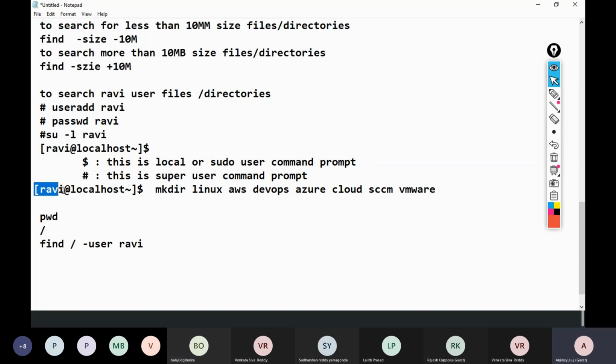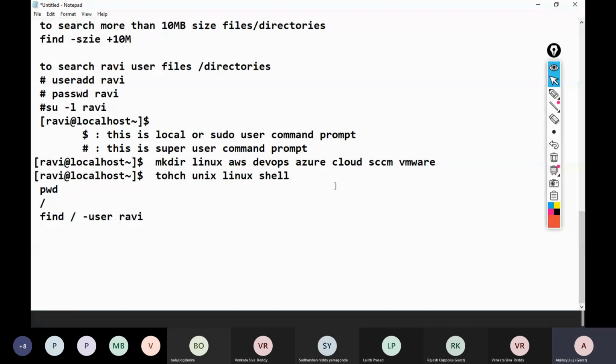And again I'm creating some files with touch: Unix, Linux, then shell. Then we can exit from the user.